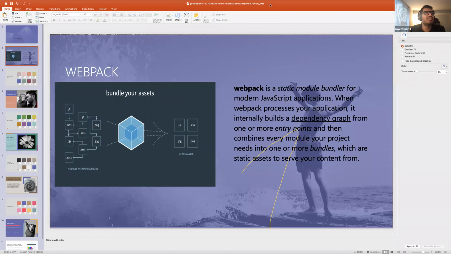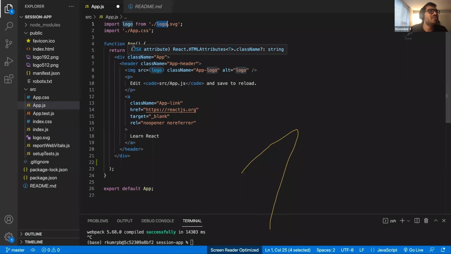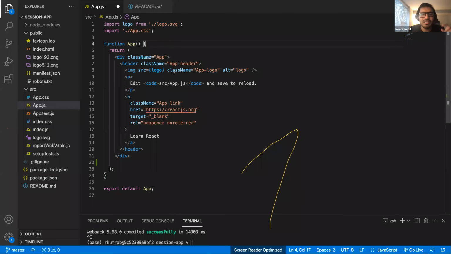Come back here. Your app.js has a dependency on app.css and on logo.svg. Then there will be multiple other components which have dependencies on other components, because components are nested. ठीक है? React में generally हम लोग क्या करते हैं? हर एक छोटे से छोटे एलिमेंट के लिए we create a component. ठीक है? React का जो thought process है, जितना छोटे से छोटे पार्ट के लिए करो, जैसे देखो, बिल्डिंग ब्लॉक